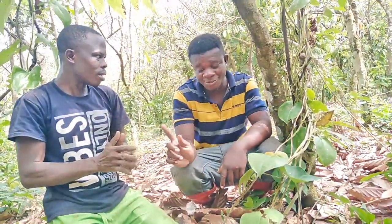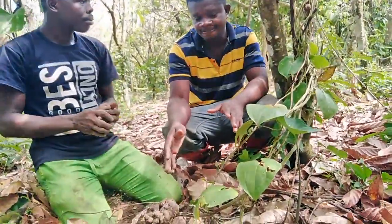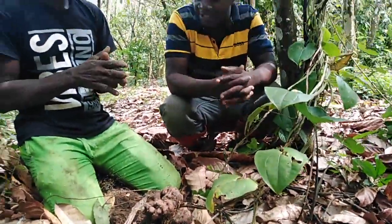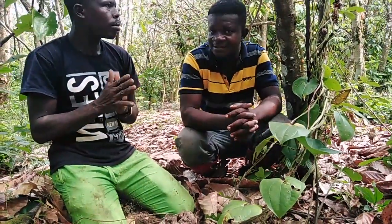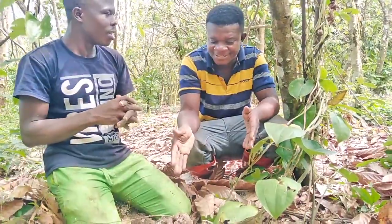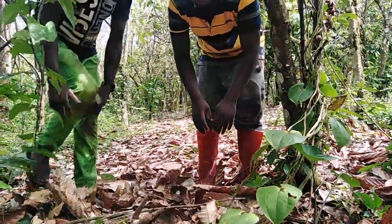So then the people drew attention to this yam and they started harvesting. Some people decided to call it, we never did anything to come by this yam. So we call it di more kui. So it's just a given. It's a gift. A gift from God. Very good. That if now you are consuming the